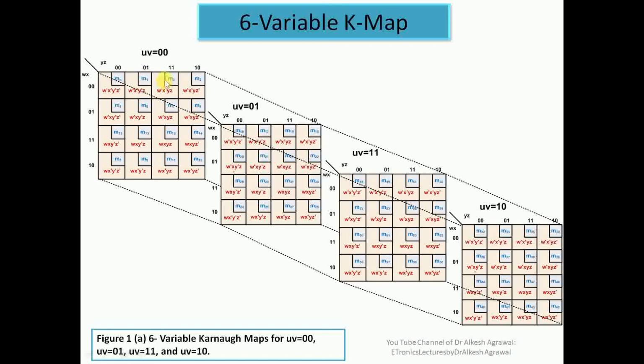So we have minterms. The minterms in this map can be mapped with minterms in this map. The minterms in this map can be mapped with minterms in this map, and the minterms in this map, that is UV equal to 1 1, can be mapped with minterms in UV equal to 1 0, and as well as the minterms in UV equal to 0 0 can also be mapped with minterms or maxterms in map UV equal to 0 1. So these are different